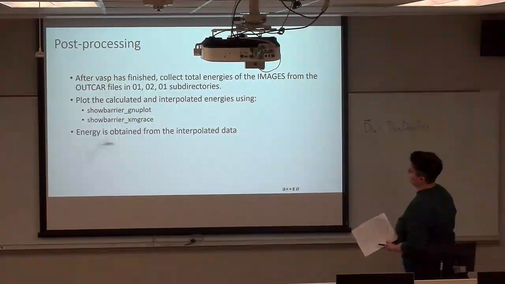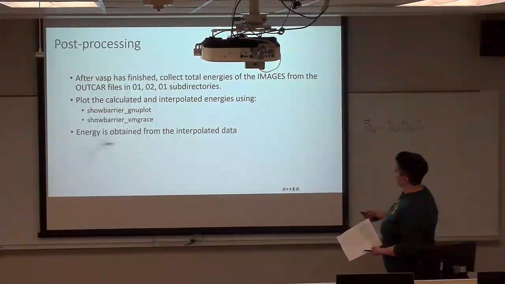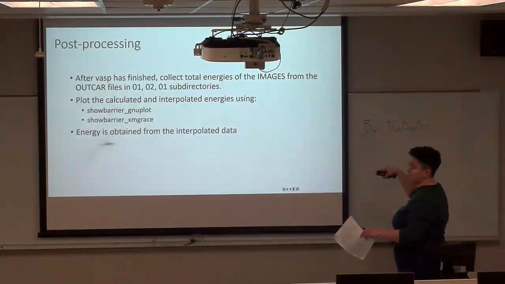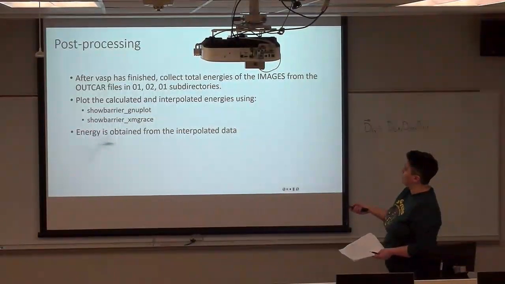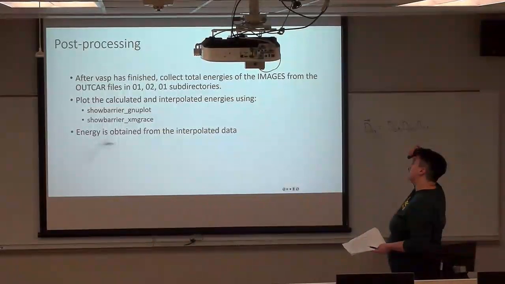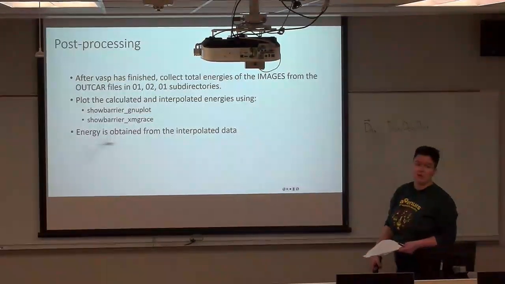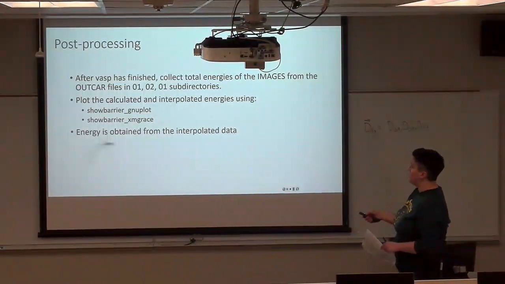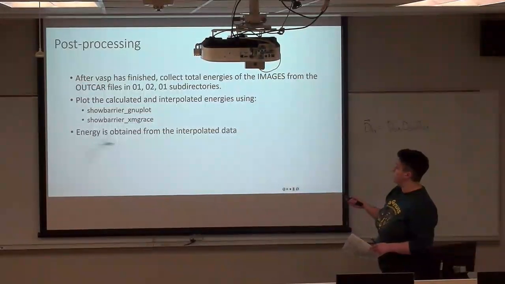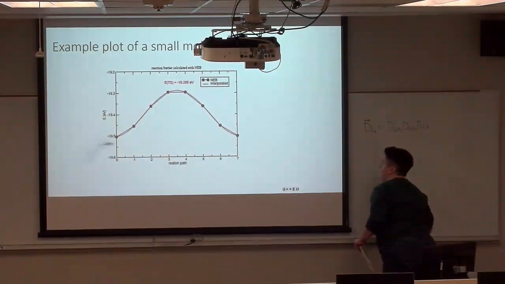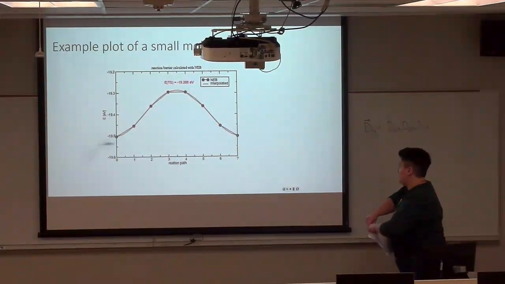Post-processing: after VASP has finished, collect the total energies and the images from the OUTCAR files. That should be 00, 01, 02, 03 subdirectories because you're going to have several of them. And then you could plot the calculated and interpolated energies using the show barrier function, GNUplot, or xmgrace. It's just a different way to plot. And the energy is obtained from the interpolated data. So it looks like this, but it could also look like, that just shows you what you would see at a typical